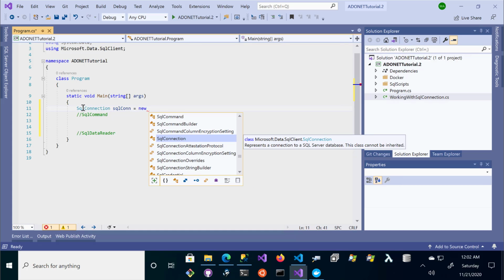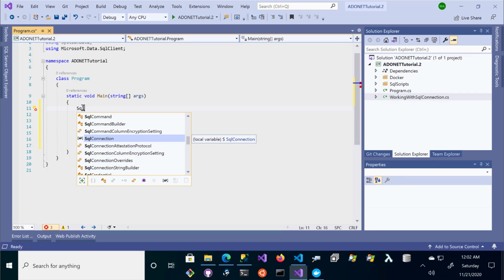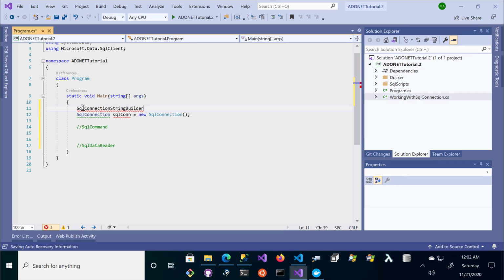So let's go ahead and create a connection string builder and a SQL connection so that we can connect to our SQL before we run the SQL command and the data reader. This should be familiar to you. We did it before. We're going to use the object initialization